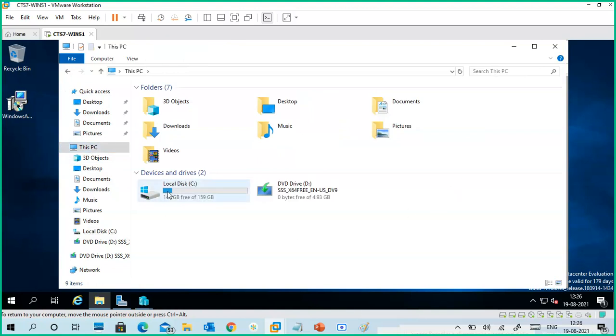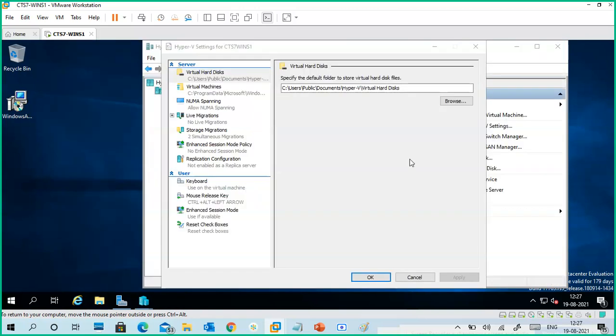Guys, this is 142 GB of space. I need 60 GB from it. Total disk space is 160, free space is 142. I want only 60 GB from the C drive. How to get it? Disk partition.